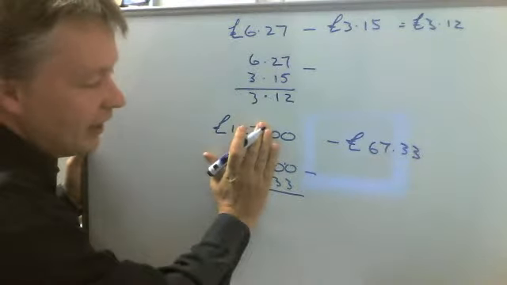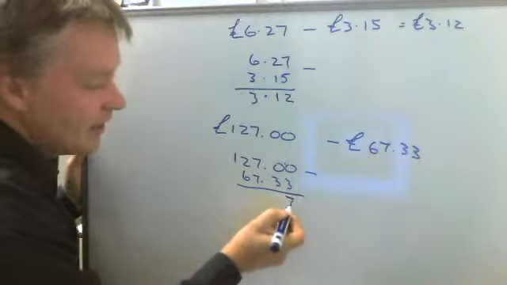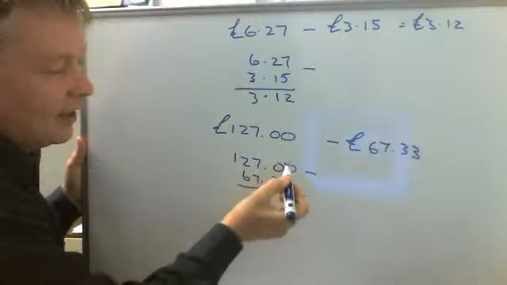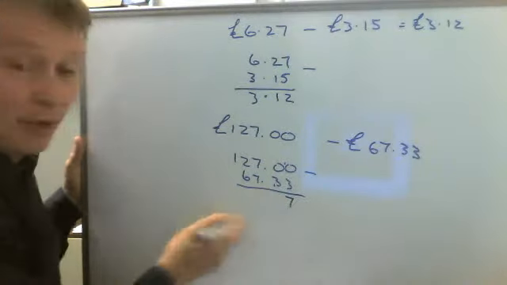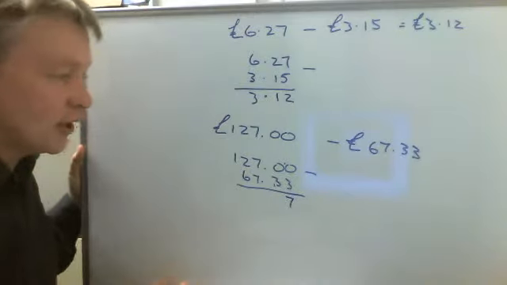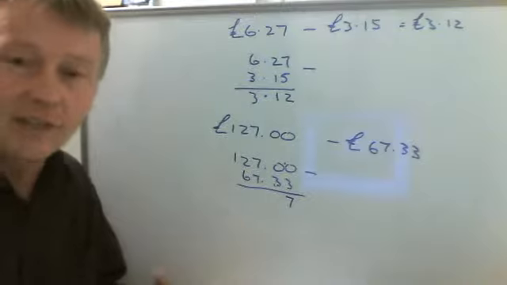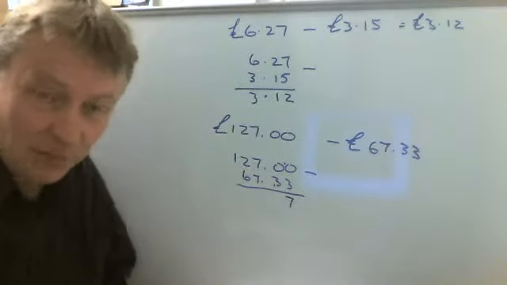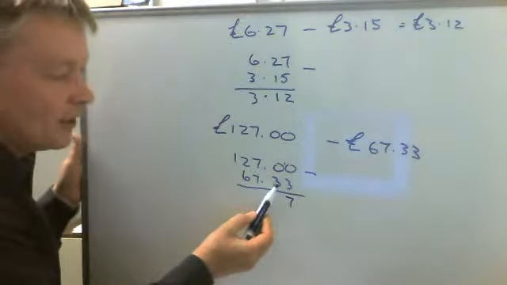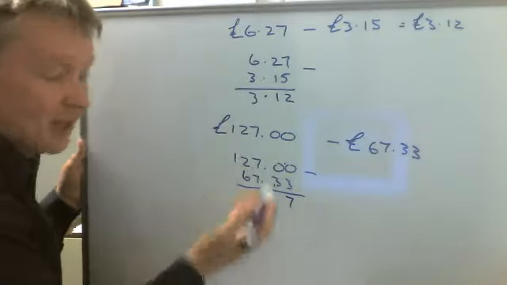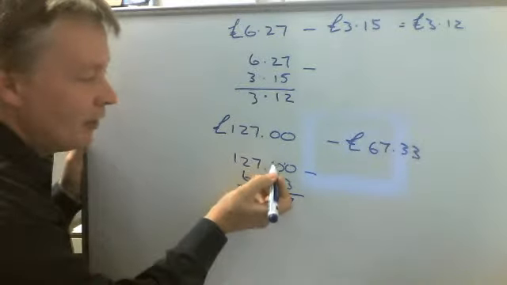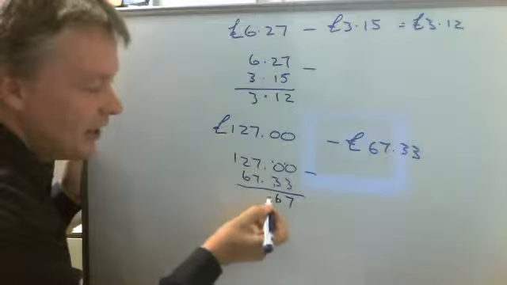If I take then 3 from 10, I get 7, and because I've borrowed it, I've got to pay it back by adding it onto the library shelf. And if you look at one of the other videos about subtraction, that will tell you how to do this particular method. I've then got 4 from 0, I can't, so that becomes 4 from 10, which is 6, add